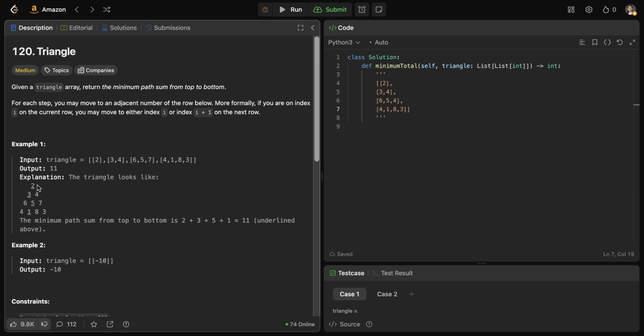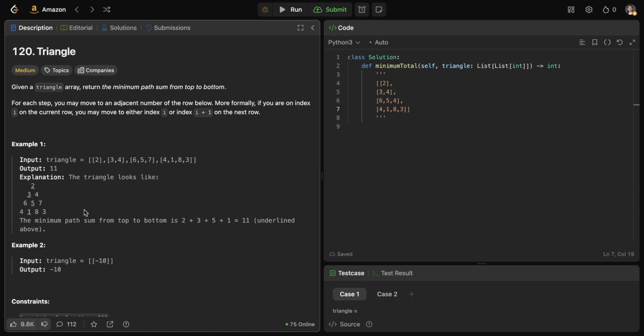But this is like the first-glimpse solution which I thought. It might not be true always. You would say I could have just picked 3 because 3 is less than 4 from the row just below 2. But that will not always be the case, right? There could be a minimum path sum in a question where you would go via 4, but the next row elements could be 0, 0, and that's why your sum is coming as 6 there. Instead of 7, there could be 0, and instead of 3, there could be 0. Then your minimum path sum could have been 2 plus 4 plus 0 plus 0. So it is not necessary that just because 3 is less than 4, I have to go through 3. It will always be that you start from the bottom.